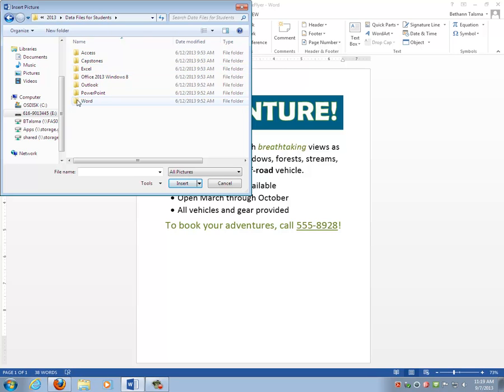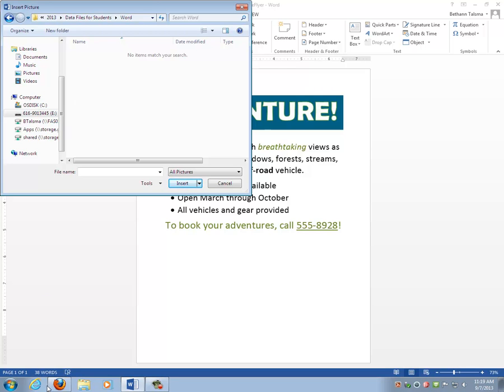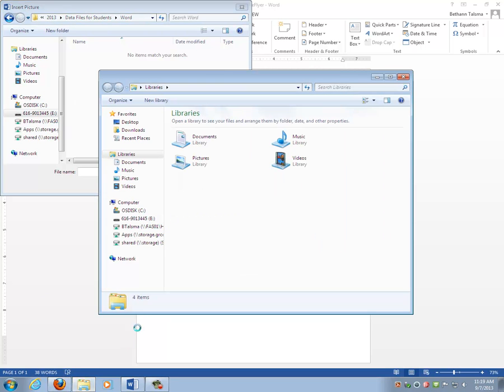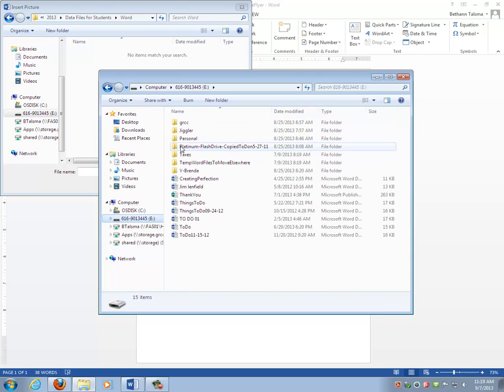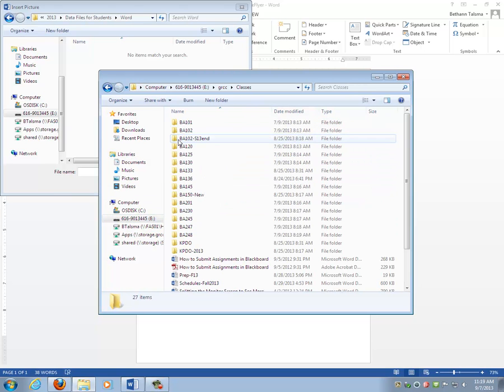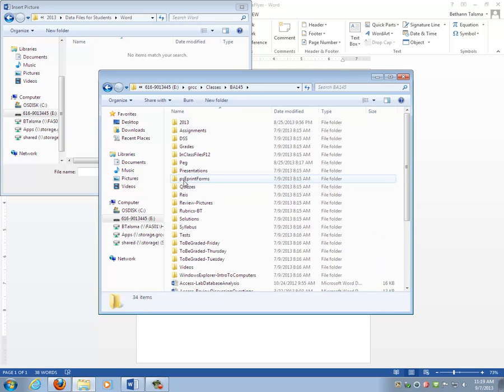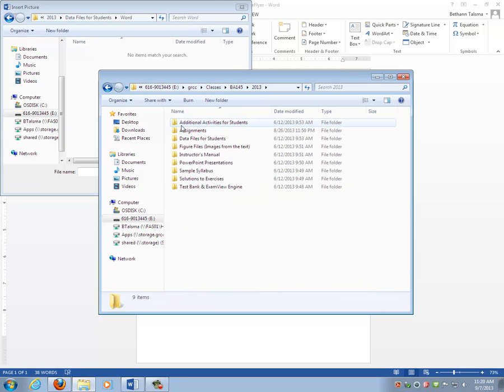Did I do this? Did I get the files? Nothing is found. Same thing for you. You actually downloaded the files you were supposed to, but nothing is showing up. Well, guess what? When you downloaded, you brought the pictures in as a zip file, and you cannot insert a picture from a zip file. So you actually need to go to